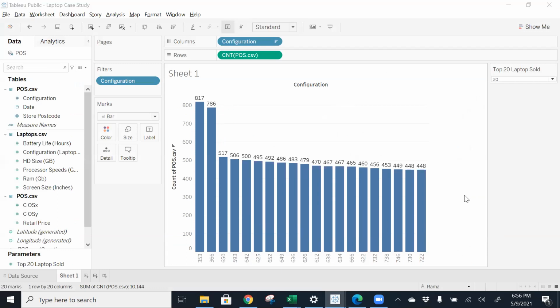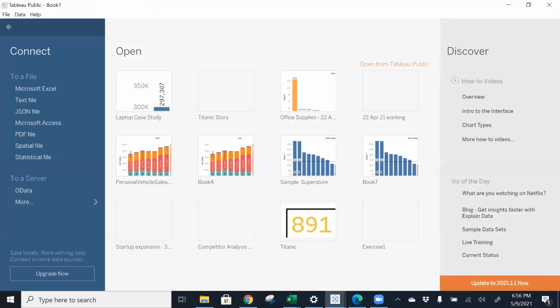So how can I get that? Basically, 864 divided by 32, so I have to create groups of 27 configurations together. I mean 1 to 27 should come in group 1, 28 to 54 should come in group 2, and so on.